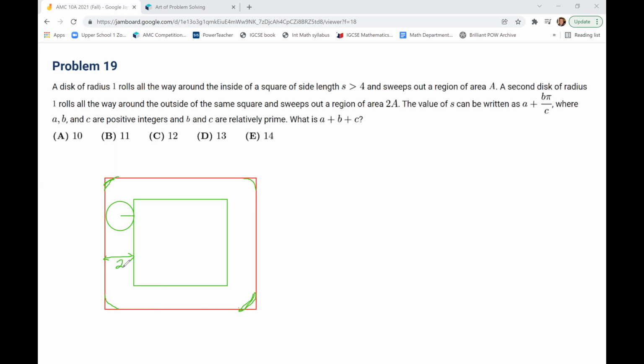So if we think about it, well, if we kind of chop this up, we're gonna have a bunch of little things like this. So it's gonna be what? It's gonna be s minus 4, because this distance would be s minus 4 times 2 times 4, because there's 4 of them, right? Plus,